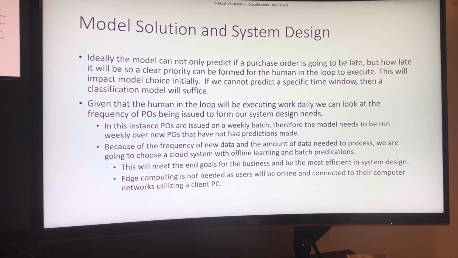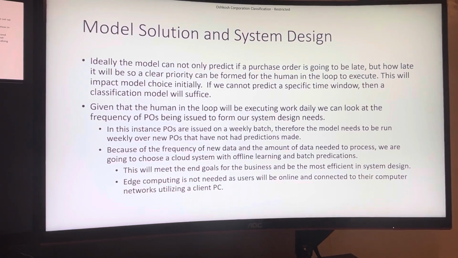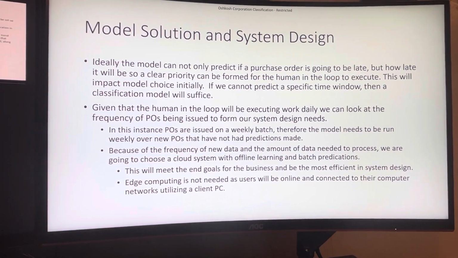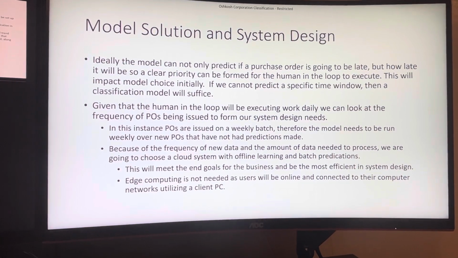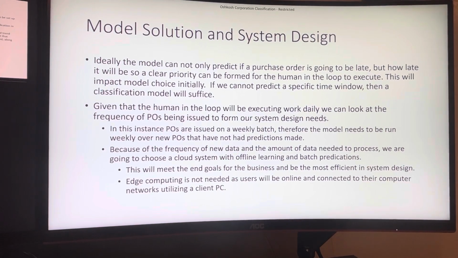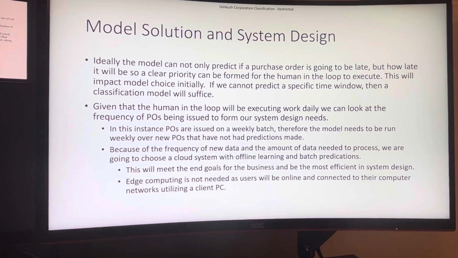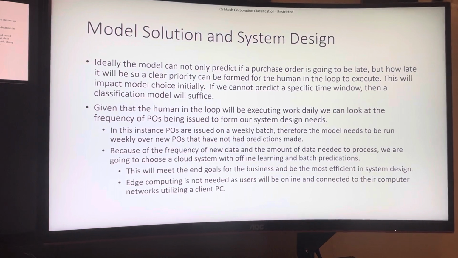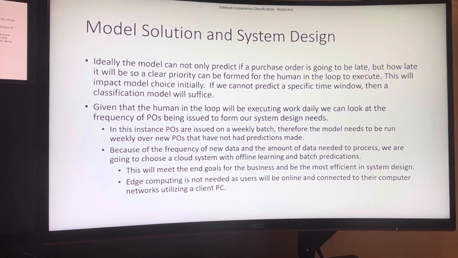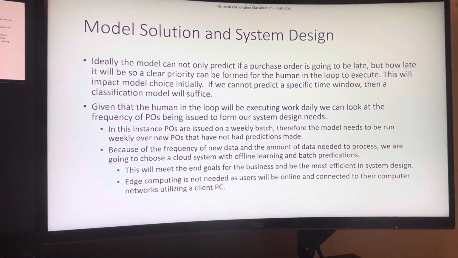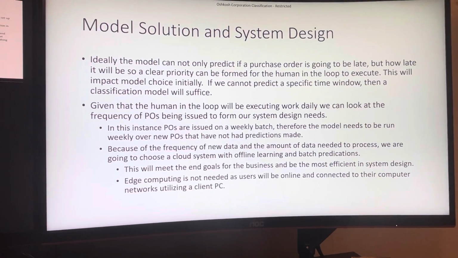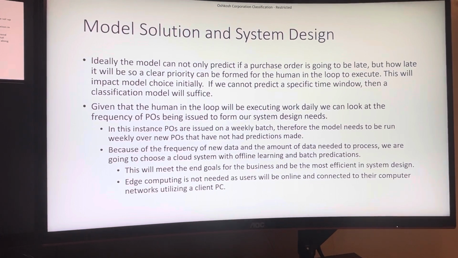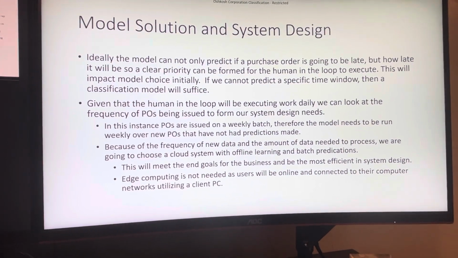So from a systems design standpoint, what we're going to do is we're going to use a cloud system. We're going to use offline learning and batch predictions. Ideally, the model is going to be able to predict if the purchase order is late, but also how late it is. But if the model can't do that, we're going to measure that with model performance. Then we'll shift to a classification model. And because of the human in the loop is going to be executing work daily, we want to look at the